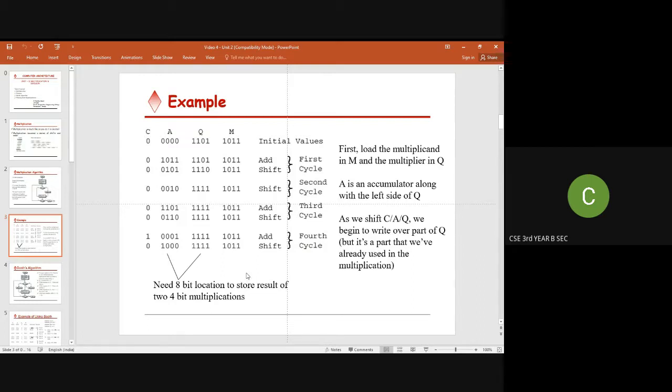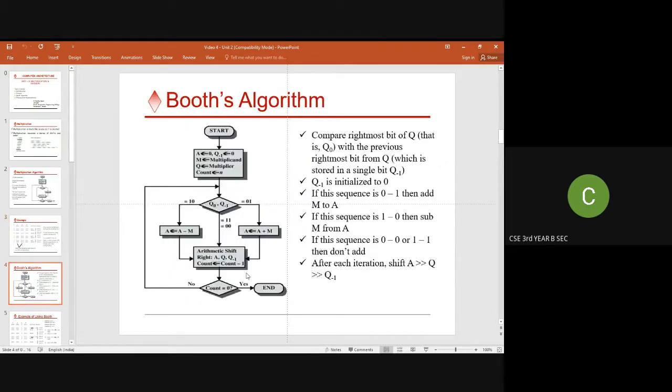This is a little bit long, and it will take some time to do all the shifting and addition operations. So for that, by using the Booth algorithm, we get another important concept.